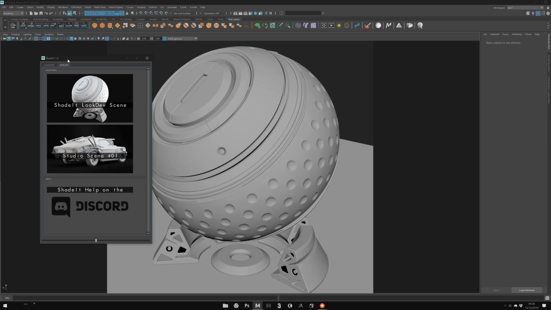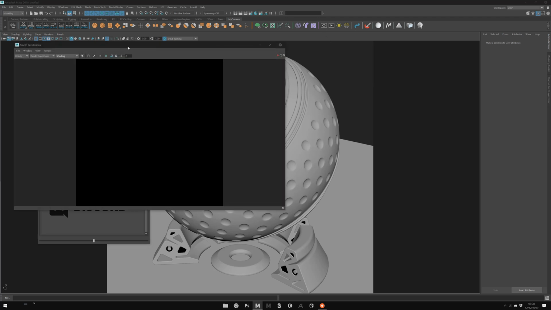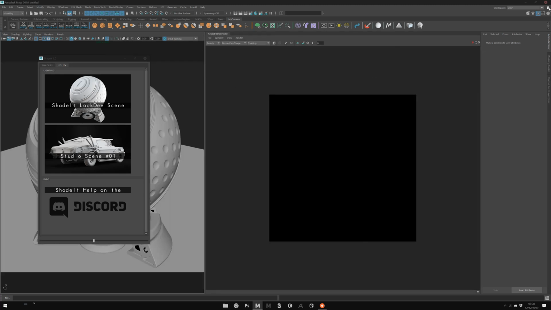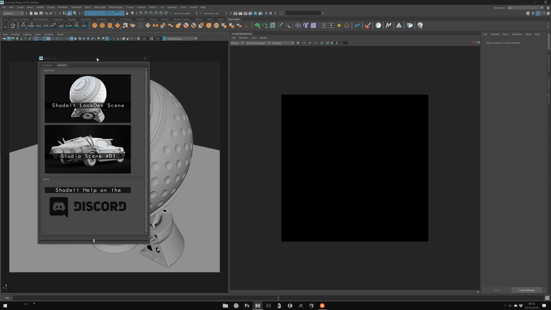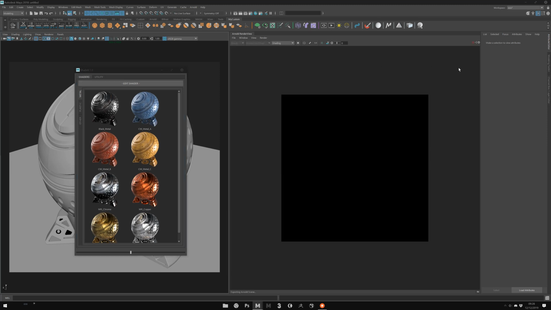Then when you work with Shaded, of course, you only need one thing, it's the render view. You don't need to go to the Hypershade. It's the goal of Shaded. You don't pass by Hypershade. You don't have any shading things to do. Everything is done for you. You just need your render view. So I advise you to, boom, be careful about the lock here. Okay, so viewport, Shaded, and render view.